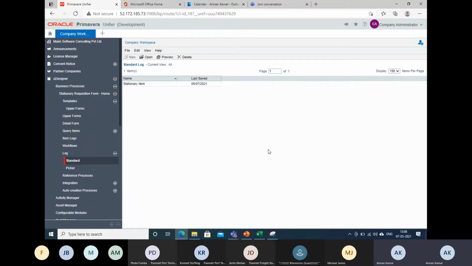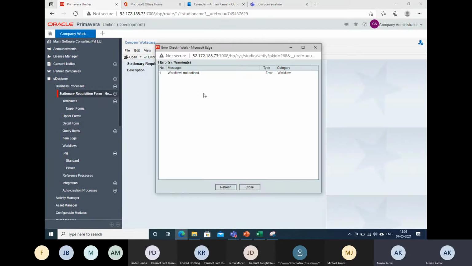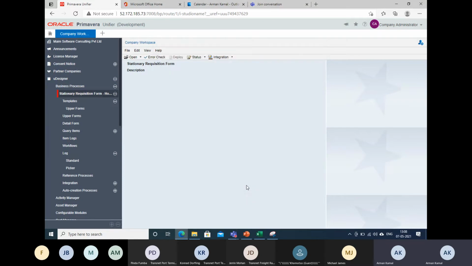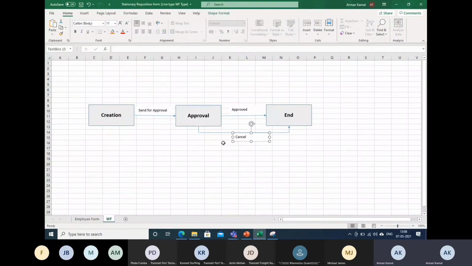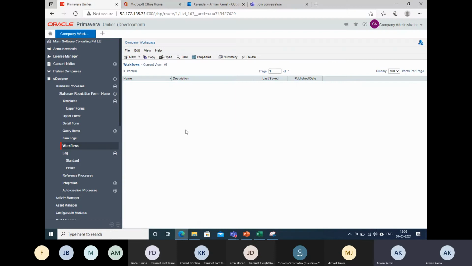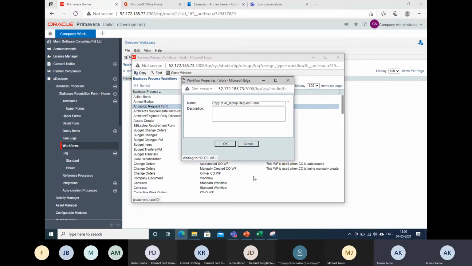Okay. Definitely, I have one and only error, that is the workflow. Okay, so you can see only one error is there, workflow. Now here in workflow also I'm going to save my time. How to do that? You can copy, definitely. Since I smartly know that this flow is the same as the laptop approval form, because my manager is the one who is approving all my stationery or laptop requests, I will simply click new and click copy from. So you might be seeing this is very interesting. It is saving you a lot of time. Now I will select my own laptop request form and I will click copy.